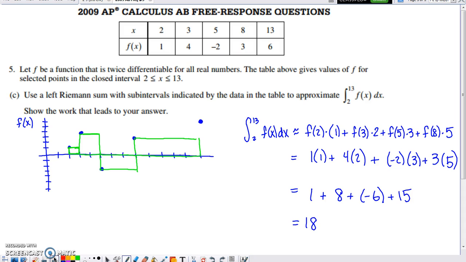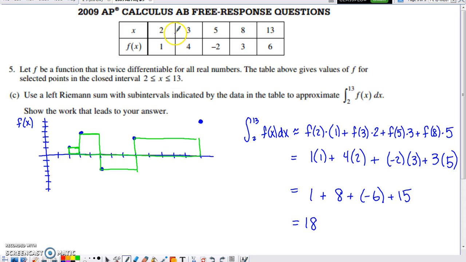In part C here, they ask us to use a left Riemann sum, and the subintervals that we're supposed to use with this sum are indicated by the data in the table, and we want to use that sum to approximate the definite integral from 2 to 13 of f of x with respect to x. So I took a minute to plot all these ordered pairs on my graph here, and I realized,